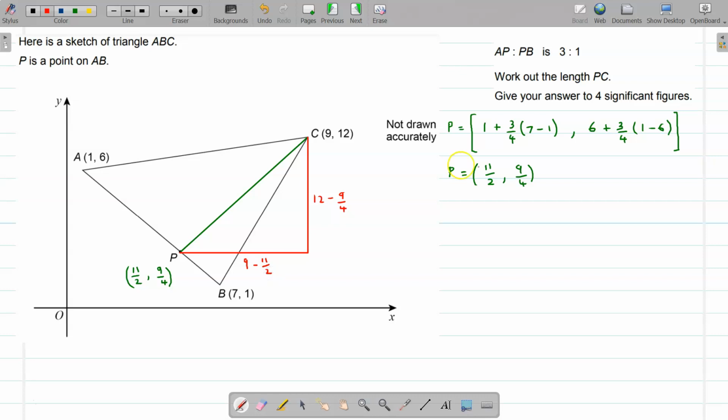And so I can just use Pythagoras' theorem on that now. So if we say PC squared, so that's the length PC squared, equals 12 minus 9/4, all squared, like that, plus 9 minus 11/2, all squared. Now you've got your calculator, so you can use that. And that comes to